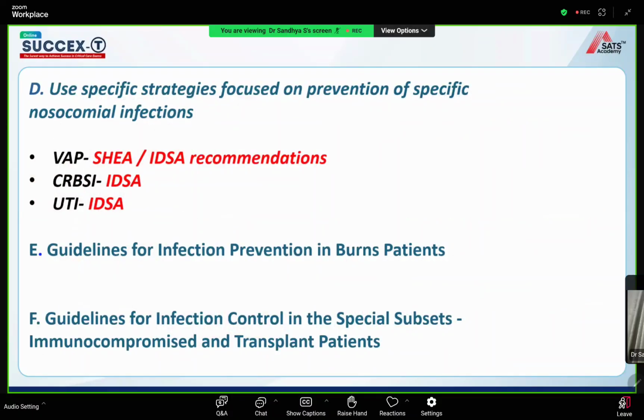Then the fourth step is using strategies. First, on prevention of specific nosocomial infection, the basic common 3 nosocomial